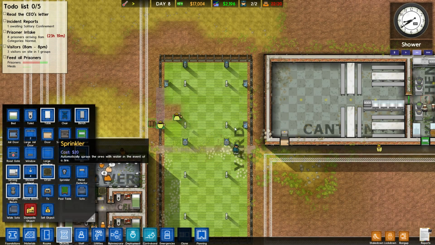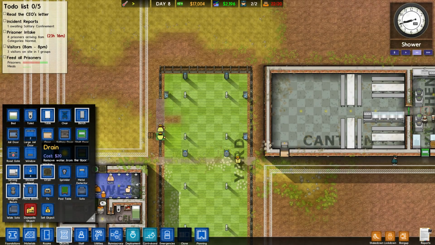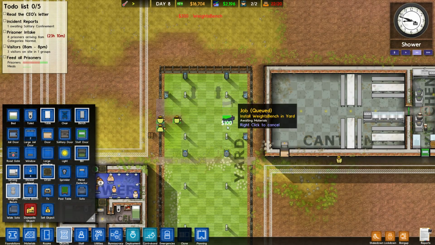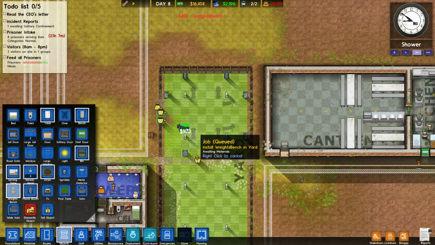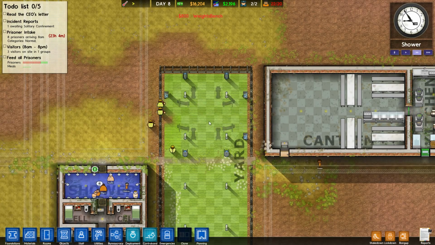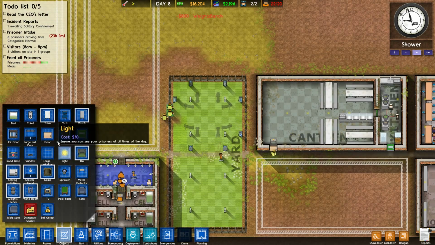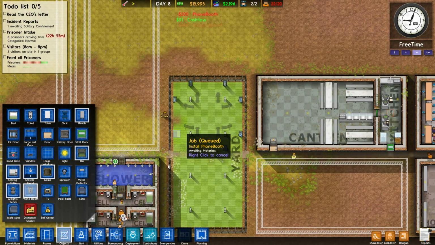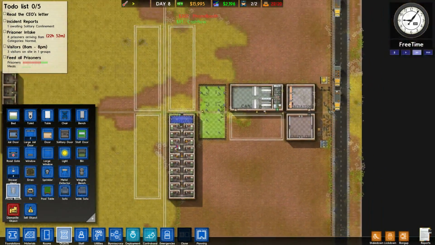Okay, so I'm going to quickly finish off this yard. So I'll put down some weight benches. And that should be okay for the moment. I'm also going to go and get a phone booth. And I'm also quickly going to build